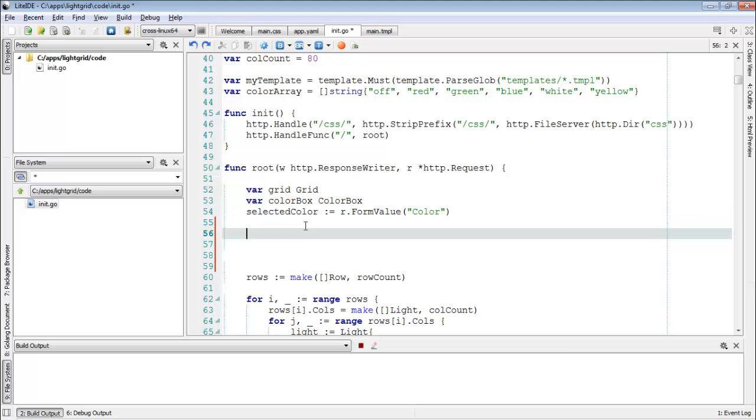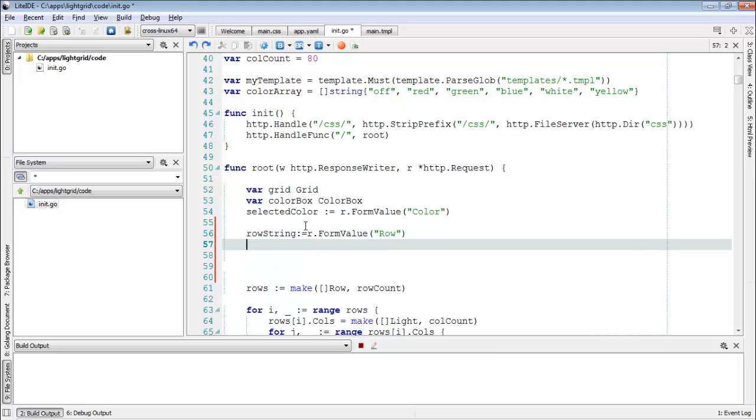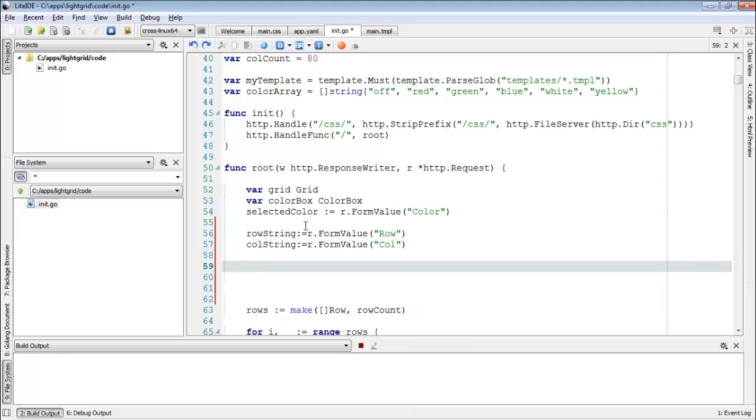And then we're going to change the color of that point. So first of all, we're going to say that row string is equal to r.FormValue, which again is just going to pull the row as a string, and the same for col string. Okay, so I got those as strings. To convert them to integers, we say row int, and then error, sorry about that, it's strconv.Atoi,